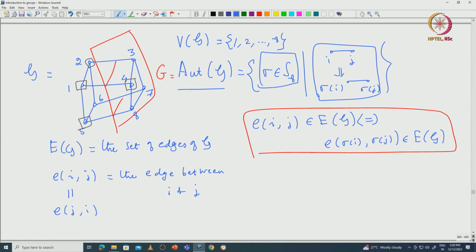So in the next class, I will start with proving Sylow's theorems, which are very important theorems in finite group theory. But before that, maybe I will do Burnside's lemma, which is a very important lemma from the combinatorial point of view. That tells you how to count the cardinality of X mod G, the number of orbits. Sometimes computing the number of orbits is also very important.